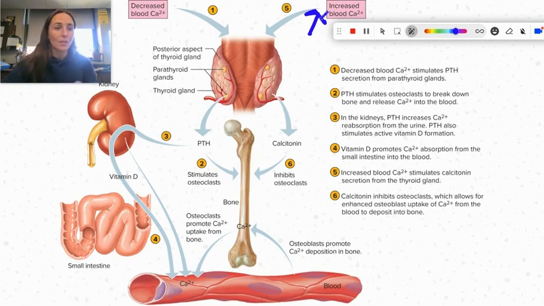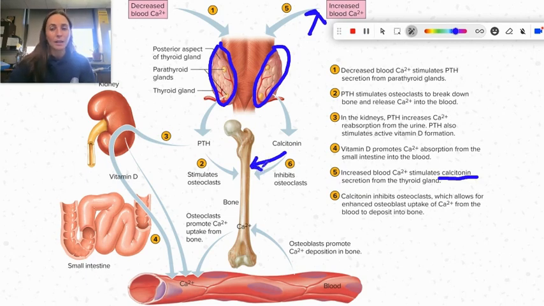If there's a lot of calcium, we're going to get a signal to the thyroid, which is this gland sitting around here, and that thyroid is going to release calcitonin, right, that hormone that says, oh, we have a lot of extra calcium. Let's make sure we can put that into the bones, right? Store it there so in case we need it later, we can use it. So that calcitonin is going to make sure calcium in the blood gets built back into the bone with those